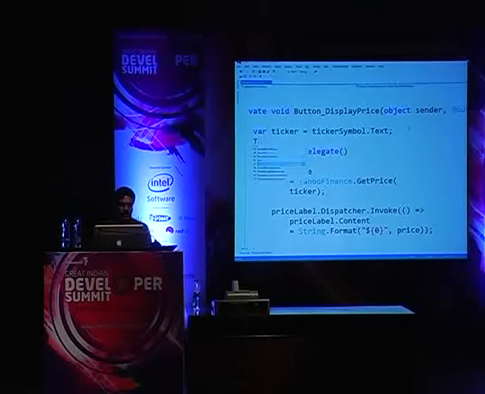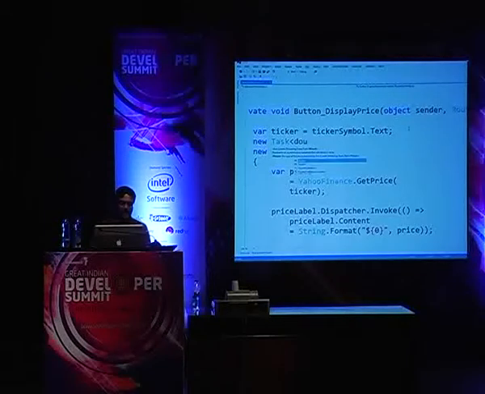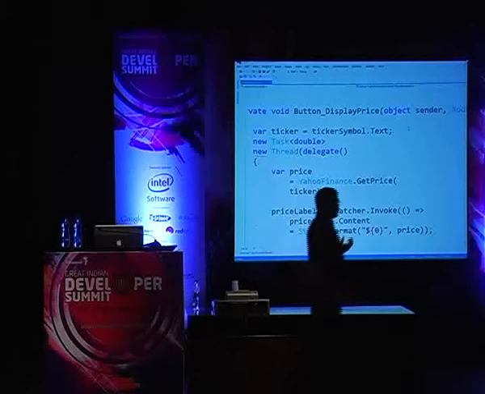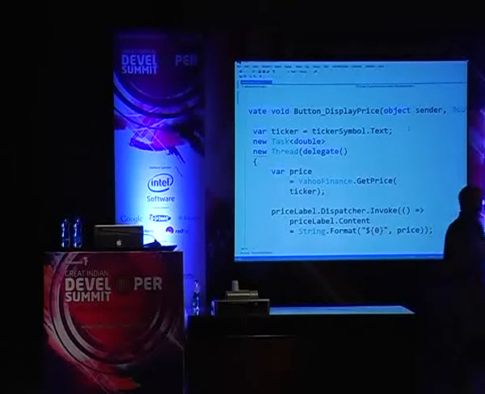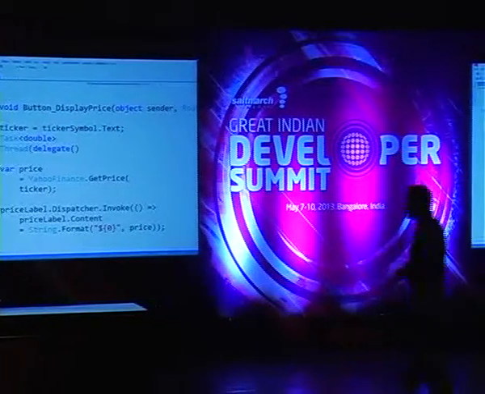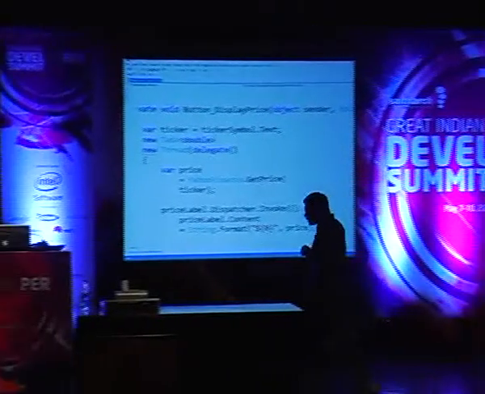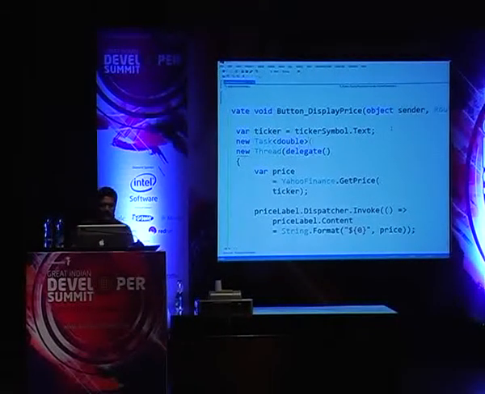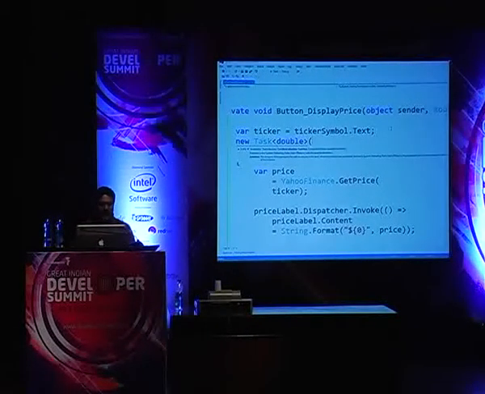So what am I going to do here? I'm going to create a new task over here, but there are different types of tasks, by the way. At the very primitive level, a task doesn't return anything and just runs stuff. But we also have a generic type of task which can return a result after it executes, and that is a lot more powerful to use. In this case, I'm saying I want a task that's going to return a value for me, a double value. So I'm creating an instance of task over here, and it can take an object of a function if I wanted to, and I can ask it to go run something and return a result for me.